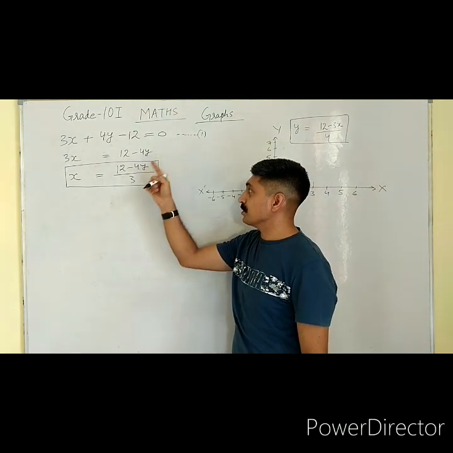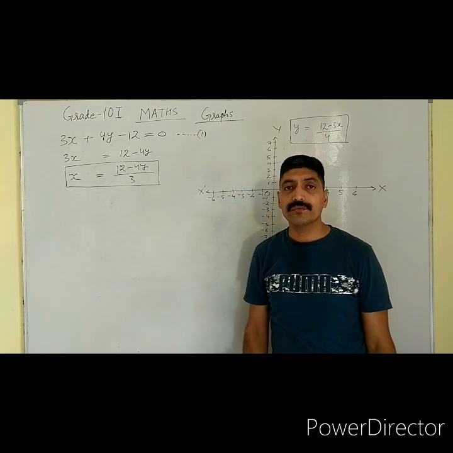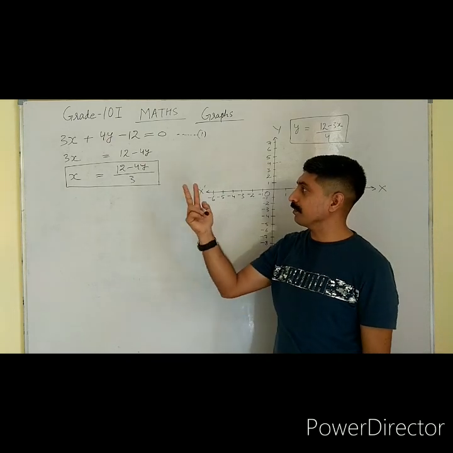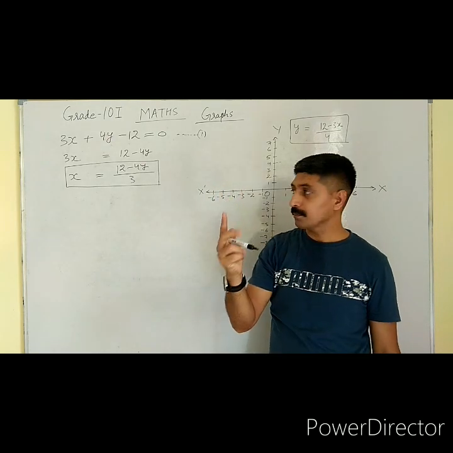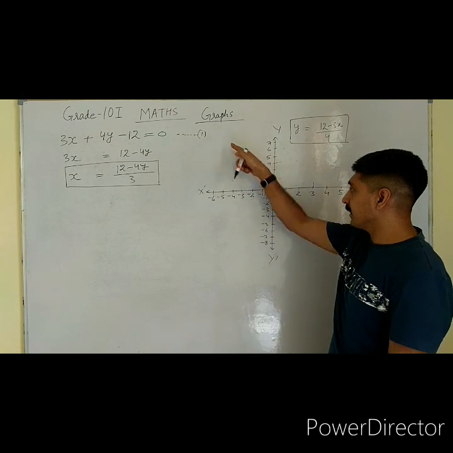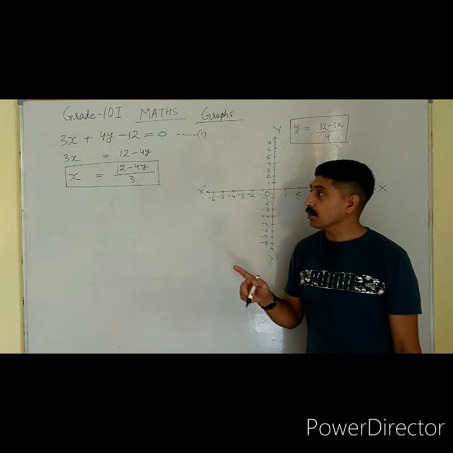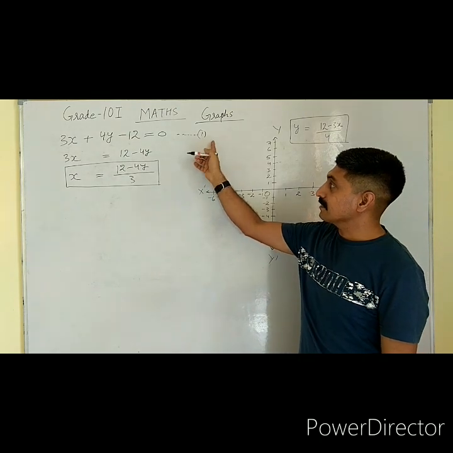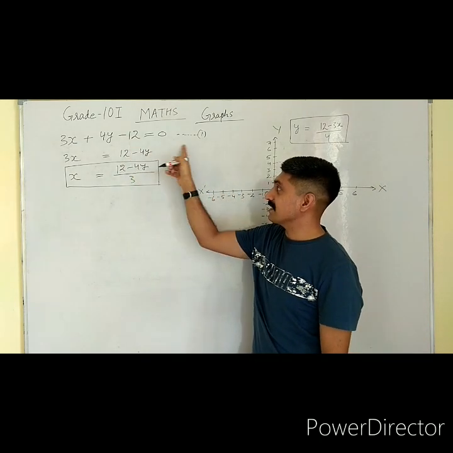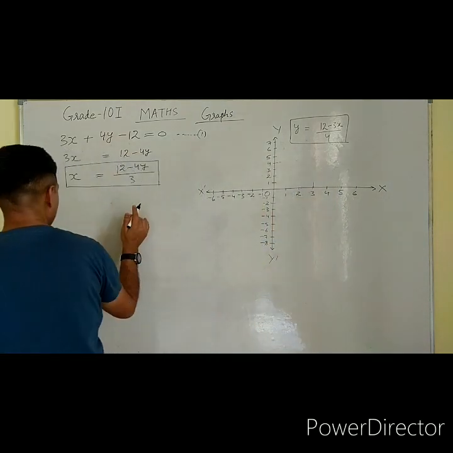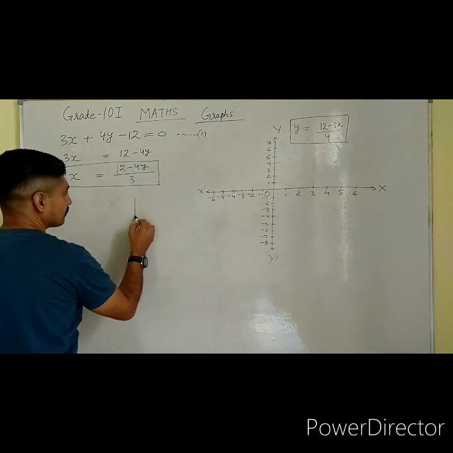And for this equation, how many solutions we have? We have infinitely many solutions. And how many solutions do we want? We want minimum 2, because if we have 2 points, then we can draw a straight line. So this equation represents a line. Let's find the solutions. We can make a box here.